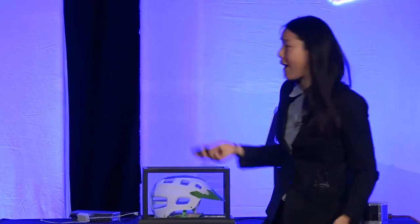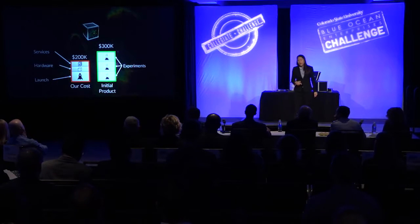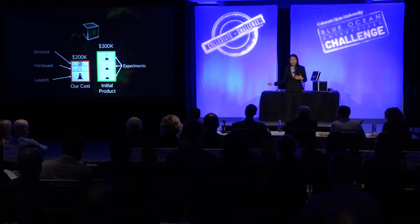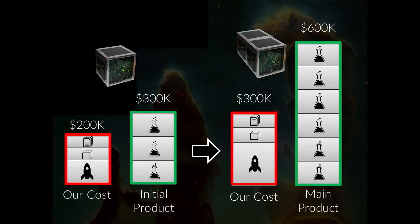Let's take a look at our costs and make sure that we can even return a profit. So our small CubeSats with a combination package of services, hardware, and launch costs us $200,000. We sell at $300,000. But because we can stuff in essentially 3 different experiments, we can spread that cost and lower it per researcher. Now, with the modularity of our small Biocubes, we can stack 2 together. Once you stack 2 together, it's a little bit additional cost for us, but the extra return and capability drives those